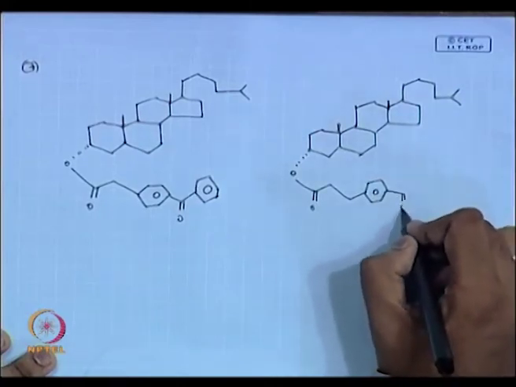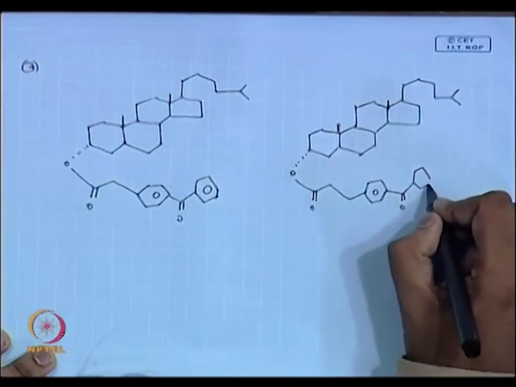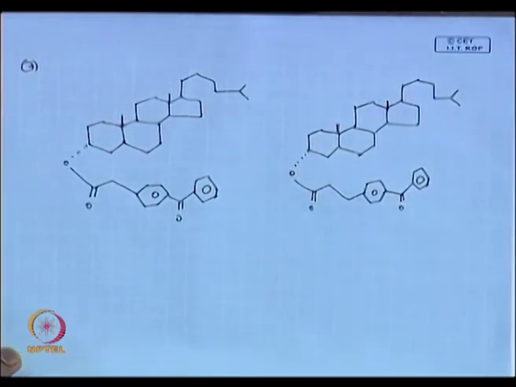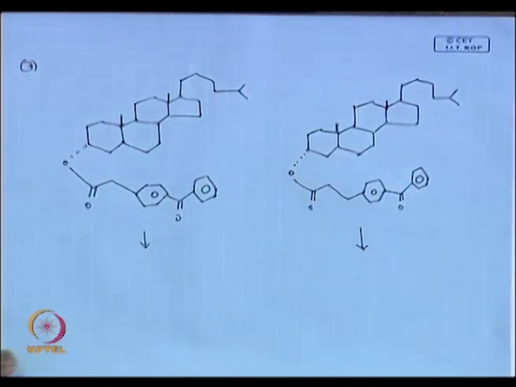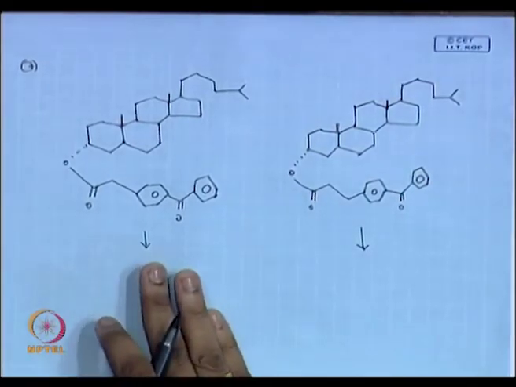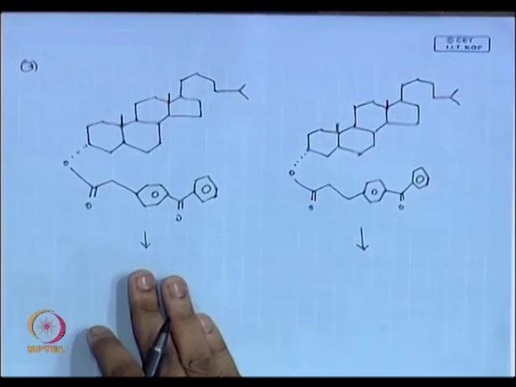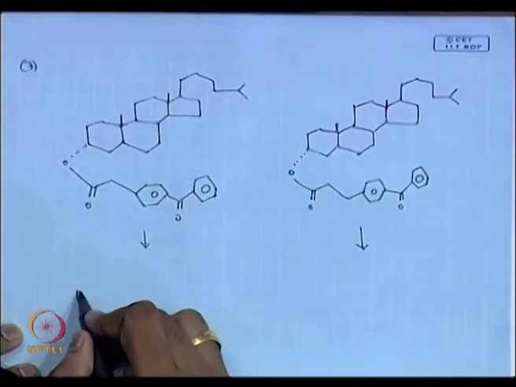I want to teach you how proximity matters. These two examples will tell you how proximate things are. So, we have taken 2 good examples. Once you excite it, you know it goes to S1, then it undergoes intersystem crossing to my T1. What it does in T1, if I have a radical, because I might end up with a radical.